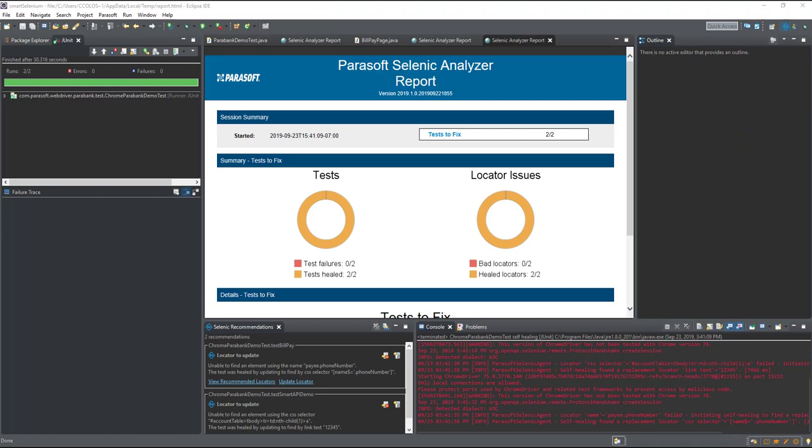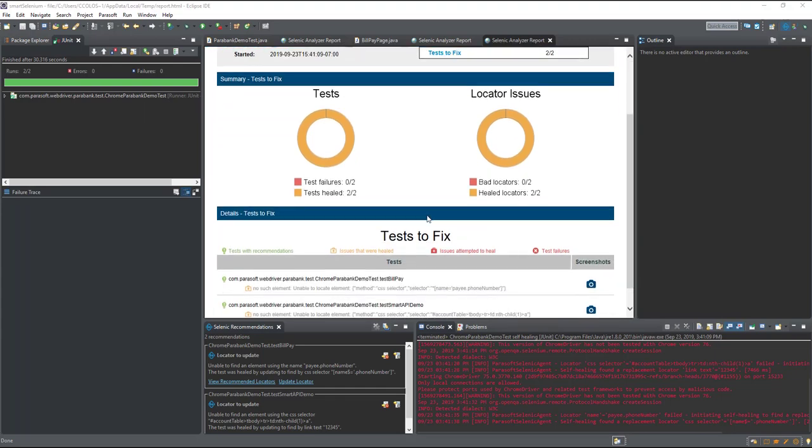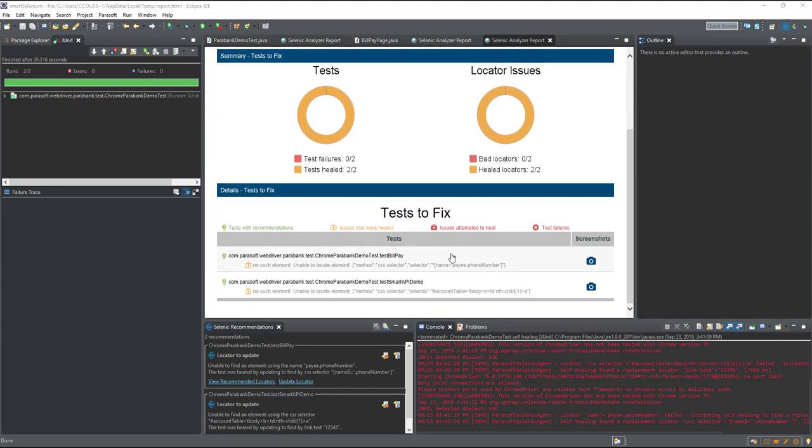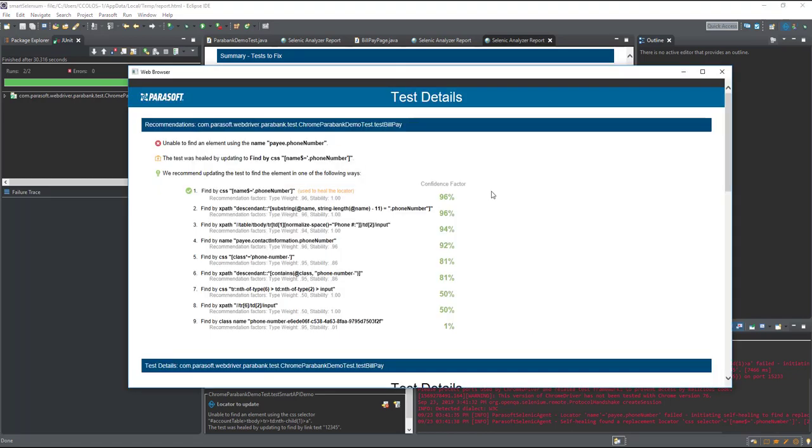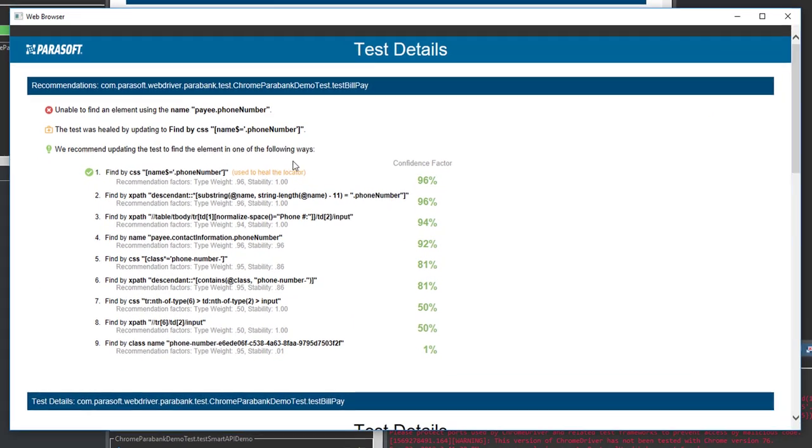Now let's look at the new report. We see it looks a little different. It says no tests failed, but you have a test that you need to fix. It's provided me with information about where that test is, the button that it couldn't click on, and a screenshot, same as before. If I dive into the details, it provides me with a list of locators with additional information that it used this particular locator to heal the test.